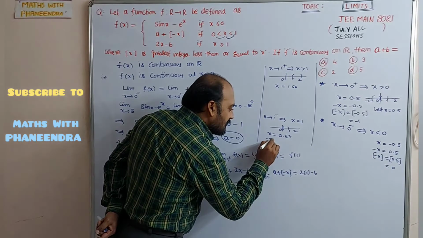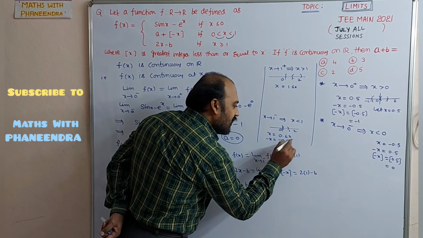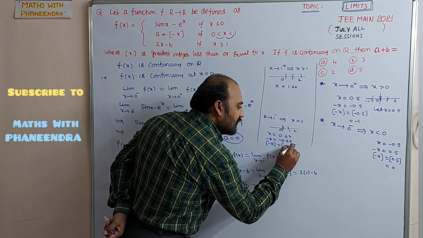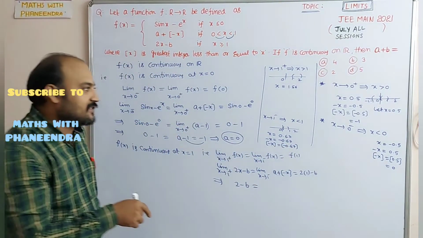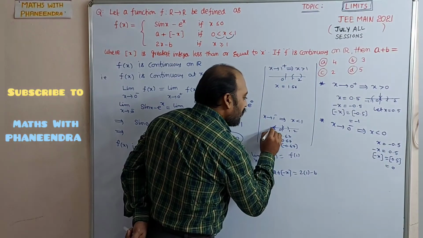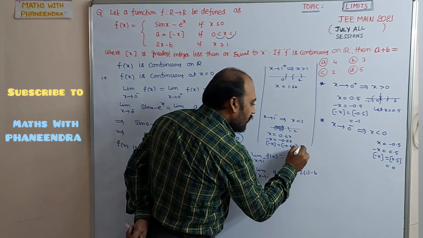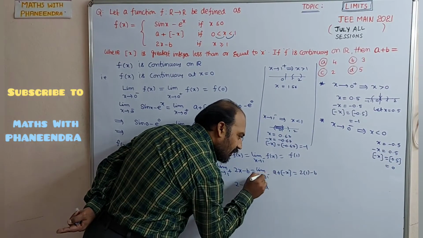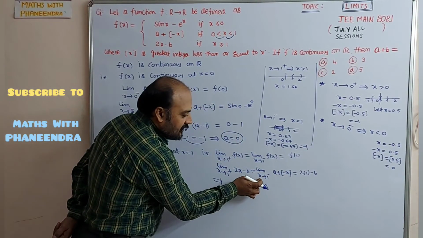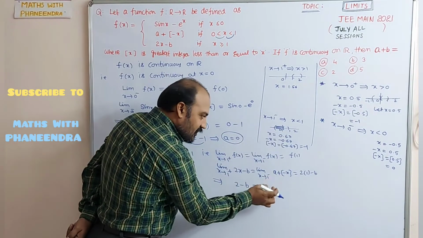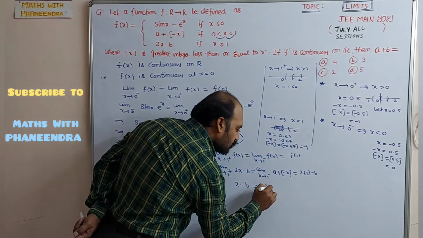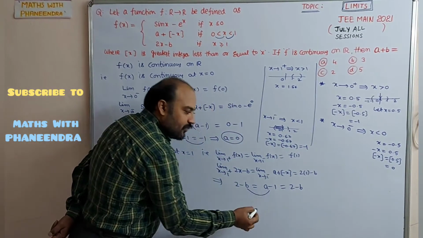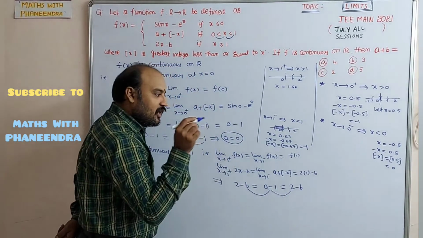For the limit as x tends to 1 minus, x tends to 1 minus means this value only, so minus x is equal to minus 0.67. Step of minus x is equal to step of minus 0.67, and step of minus 0.67 will be equal to minus 1. So here it becomes a, since the limit of a constant is constant. When x is tending to 1 minus, the step of minus x value goes to minus 1, which is equal to 2 minus b. Equating these two, you will get the value of b.